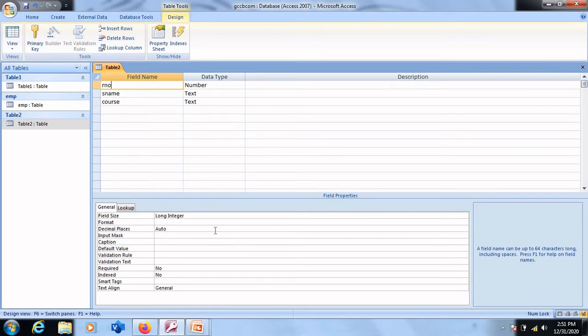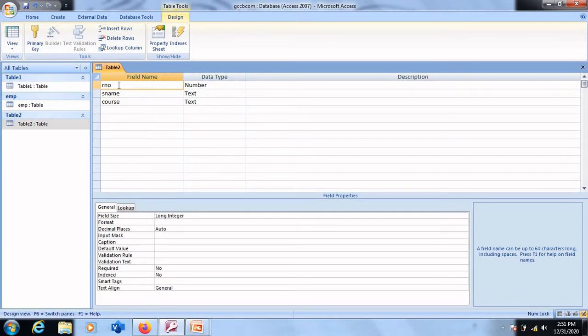A field property is a list of options using which we can control our data, manage our data, and ensure that only the required data will be entered by the operator. For example, you can control the size of text by mentioning how many characters you want at max for a given text.